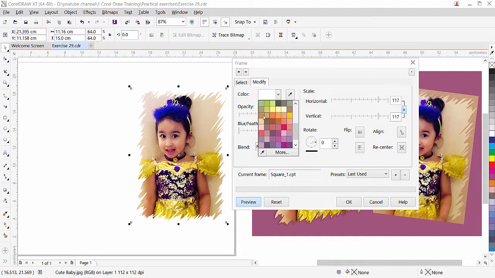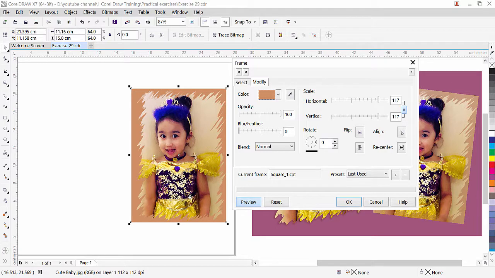So I'm going to use this color here, a similar color I can choose, and you can see that around the image this color is there. And in the front here we have scale, horizontal and vertical scale. If you want to scale independently from both sides, you need to unlock here. Once it is unlocked, separately you can scale the effect.